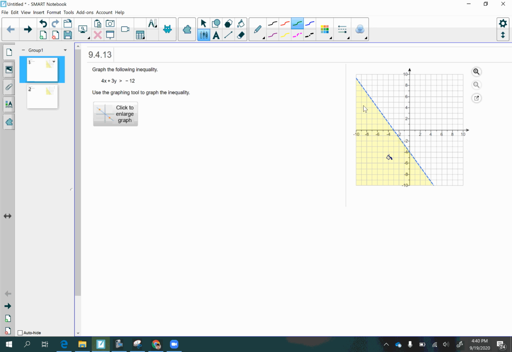First of all, the line is actually correct, and it's dashed, which is correct because we have a strict inequality symbol, meaning there's no equality involved. So we would not want a solid line, we want a dashed line. We also can see that the line should go through the intercepts that are shown on the graph, because if you were to plug in a 0 for x, you would have